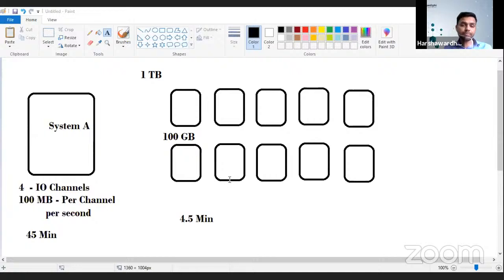But along with this power and efficiency, there are some challenges as well. I will not say drawbacks, but challenges, and those challenges need to be addressed. Those challenges are addressed in Hadoop in a very efficient way, and that's why we are going to study Hadoop. Yes, Radhika is saying approximately 4 minutes. Rohit is also saying somewhere around 4 minutes. Yeah, thanks guys, thanks for your answers.